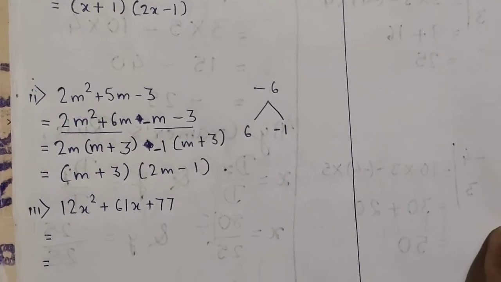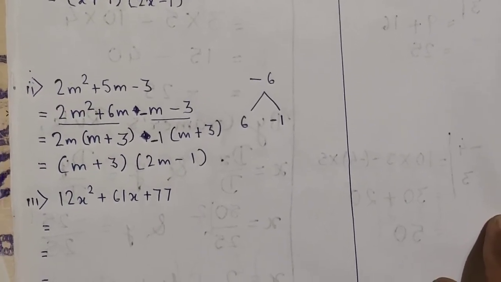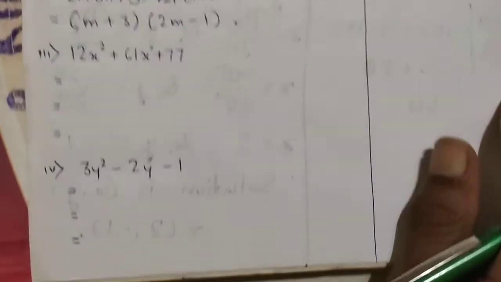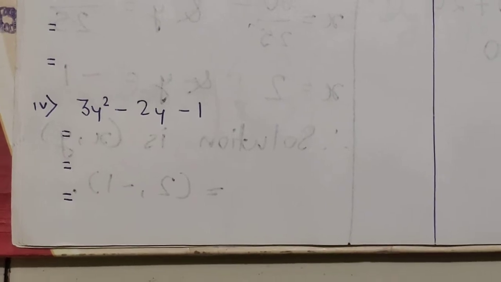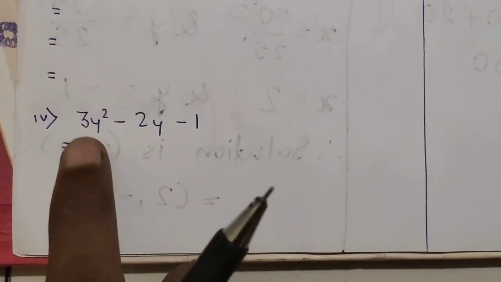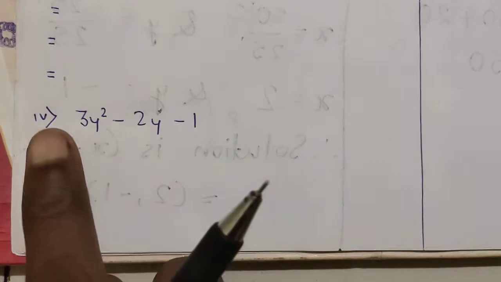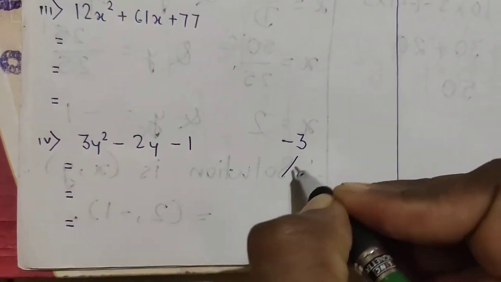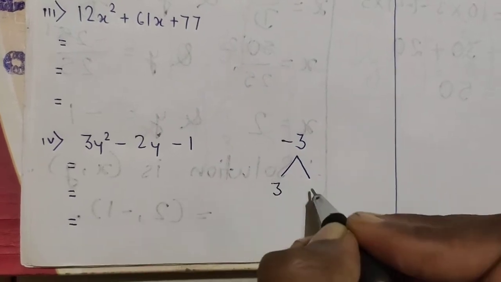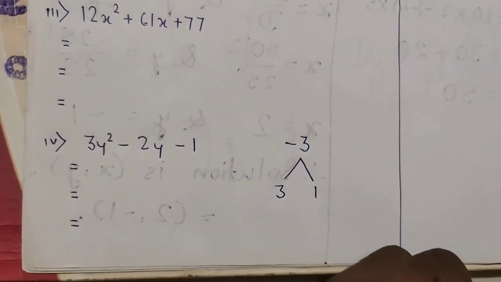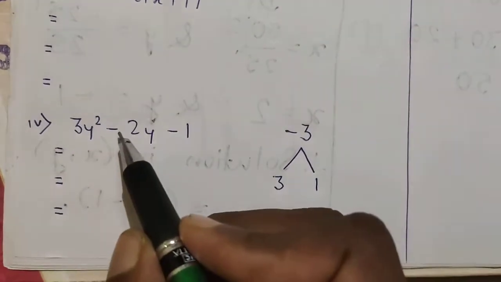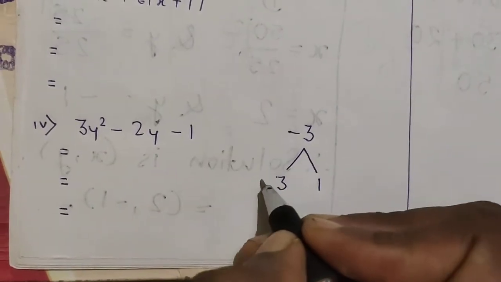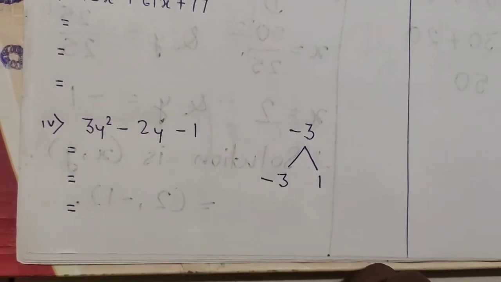Okay students, understood this? Now the third one we are going to do later. Let us see the fourth one first. See the numbers: 3, minus 2, minus 1. Now what are you going to do? First number into last number. So 3 times minus 1, you know minus 3 is there. And the two parts are very simple because 3 ones are 3, only that is possible. Now in this case you want minus 2, so keep your bigger number negative.